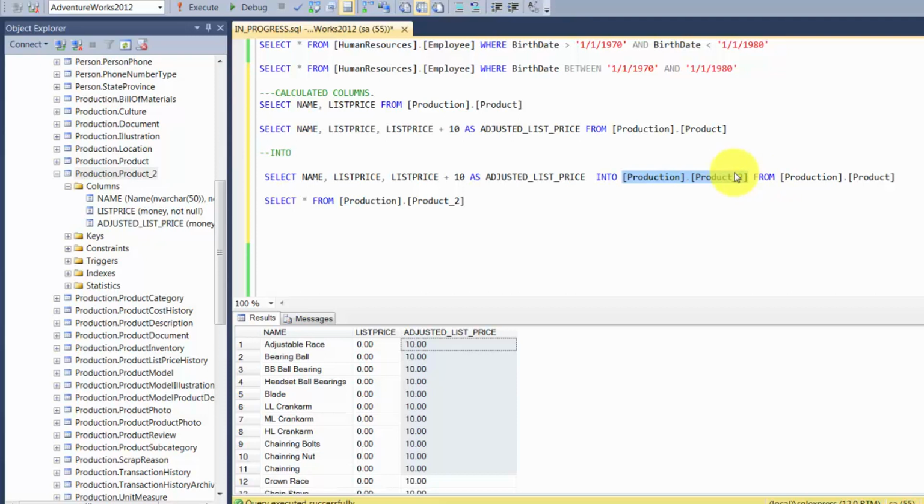So imagine that you have a lot of complex logic, right? And you want to break it down into steps. You can keep putting this into separate tables and perform calculations. Now I can perform some calculations on this table, product_2, and I can put that results into another table, right? And in this course, we might not go in too much depth about temporary tables and permanent tables, but let me just give you a very high level overview of that.